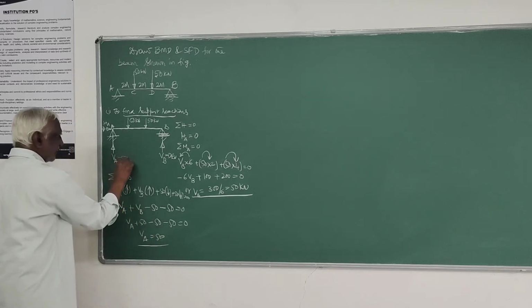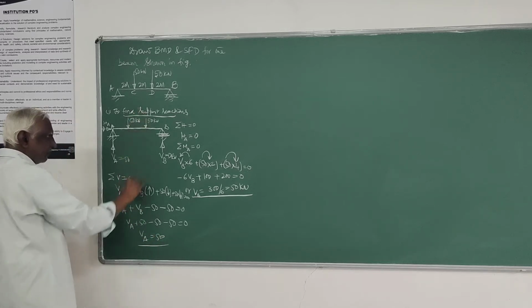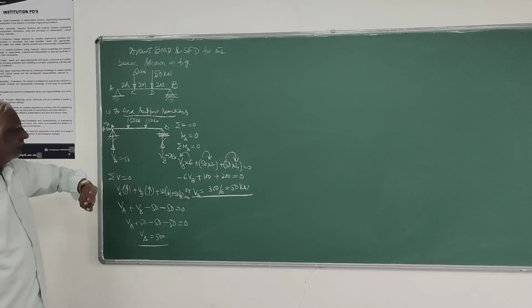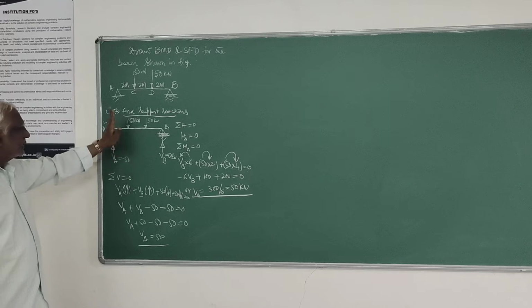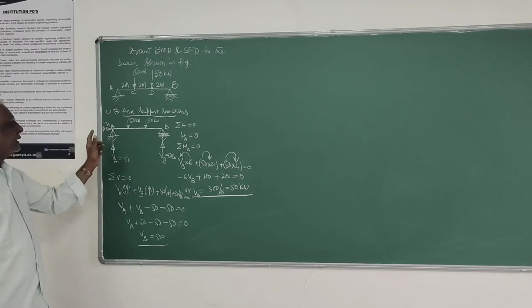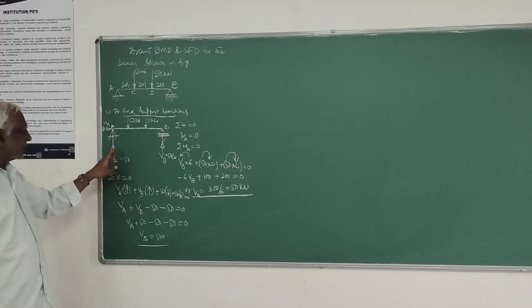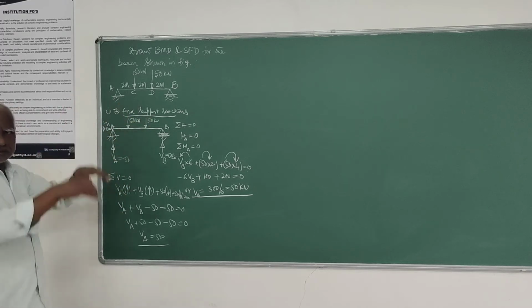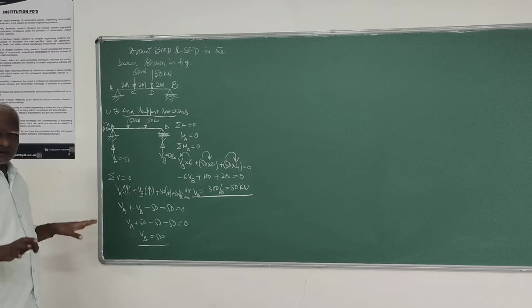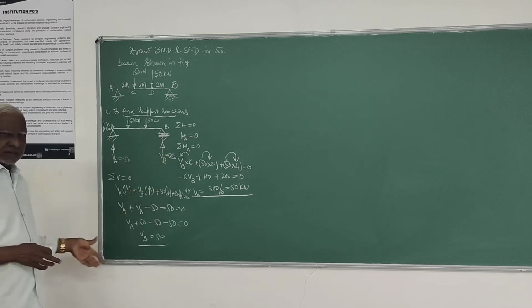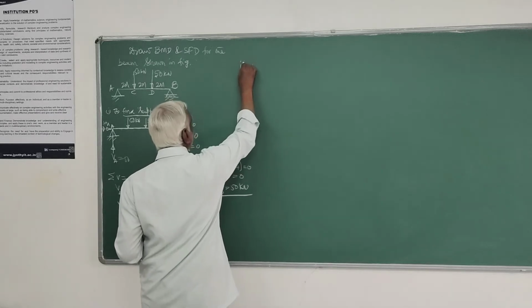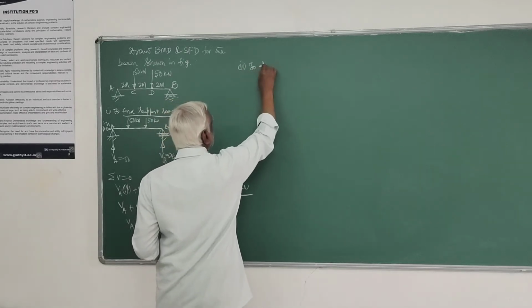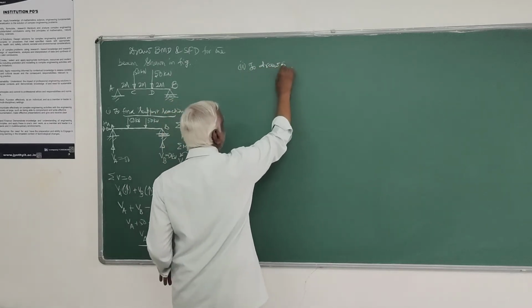This I could have written straight away, because the beam is symmetrical and symmetrically loaded, so the vertical reactions will be equal to half the total load. You can remember this and write it straight away, otherwise by calculation as shown. Then the second step is to draw the SFD and